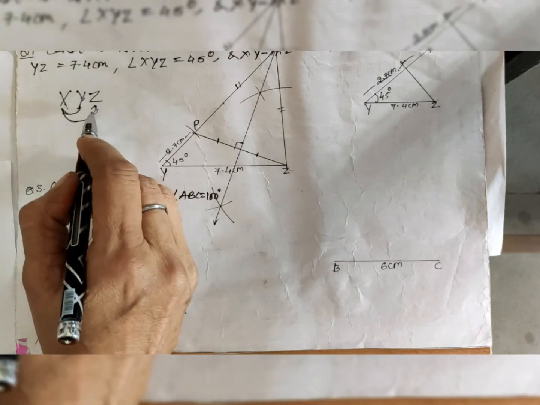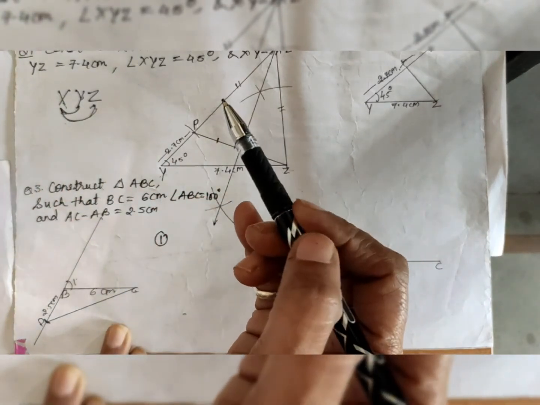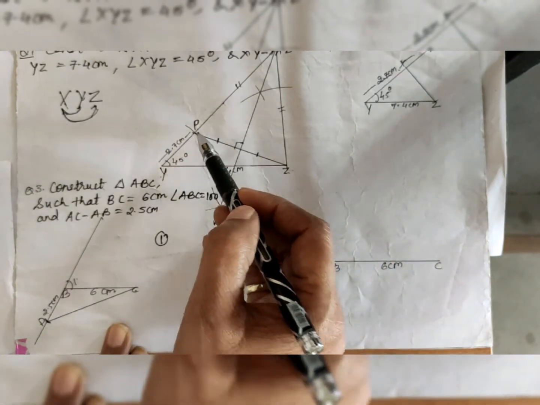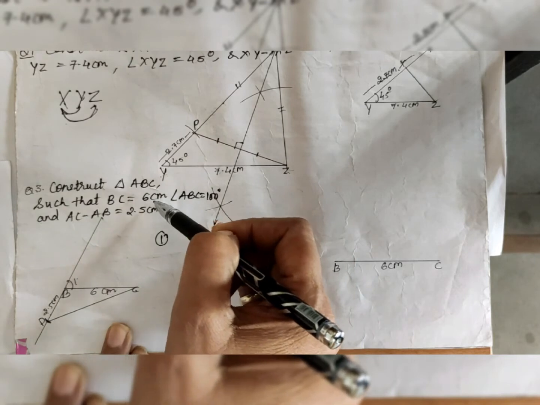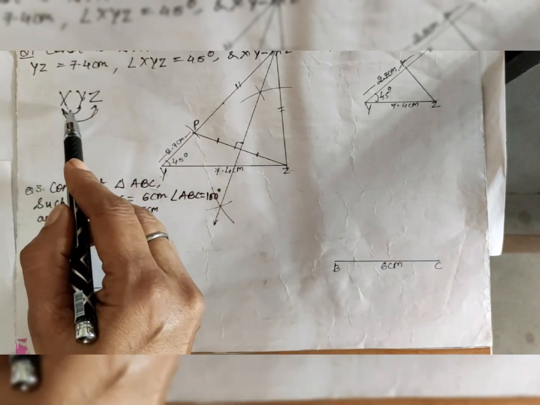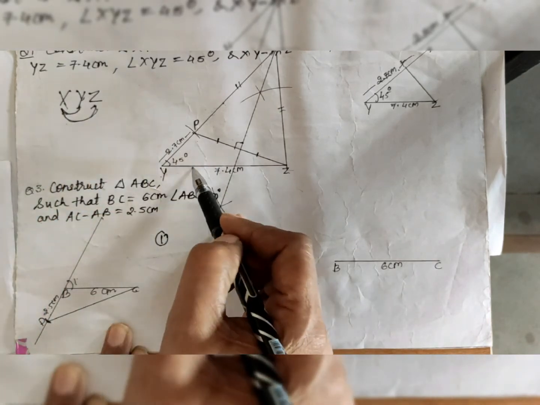Whenever such a type of problem comes up, this is just an idea to see whether you have to draw this arc on the upper side of the base or on the lower side of the base. So you see here, when it is going in a line, means one by one in order, at that time you have to take the arc on the upper side of the base.